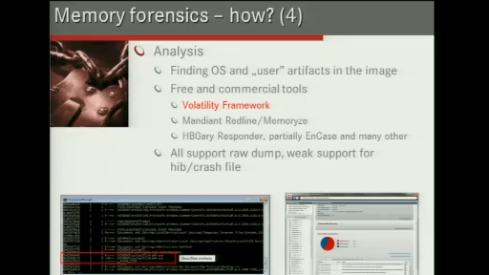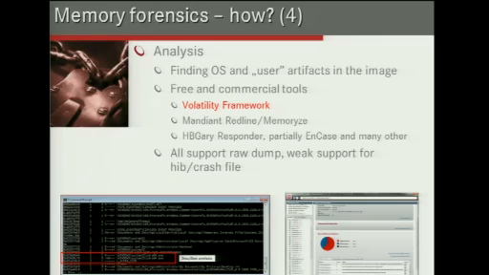Okay, so the next process is the analysis. Analysis is simply the process of reading the memory dump and trying to identify some OS artifacts from this dump. There are lots and lots of tools for memory analysis. My personal choice is Volatility. You probably heard about Volatility and used it. It's a very powerful tool. It has lots of plugins. It's constantly being developed. It has a very vibrant community, and it's a great tool.